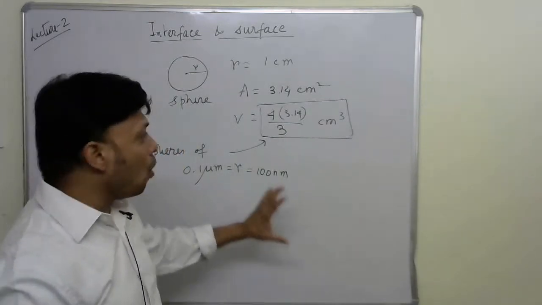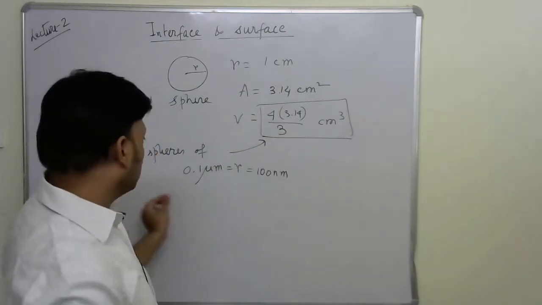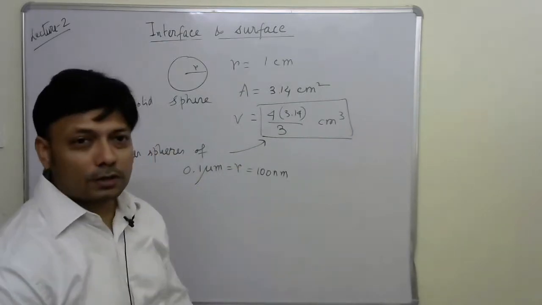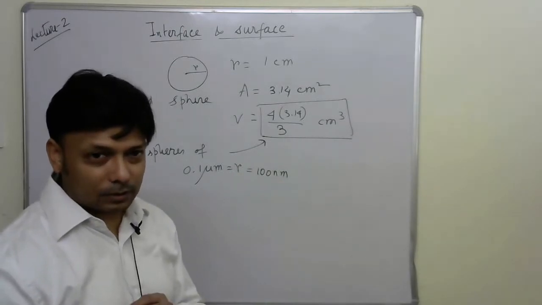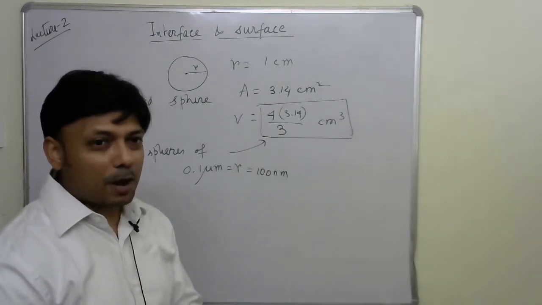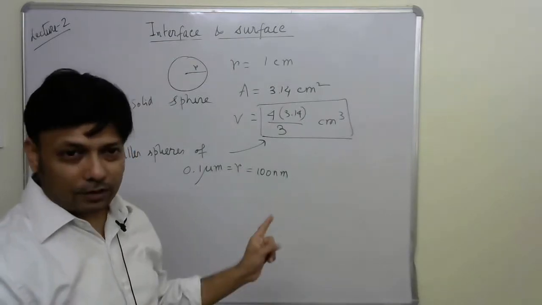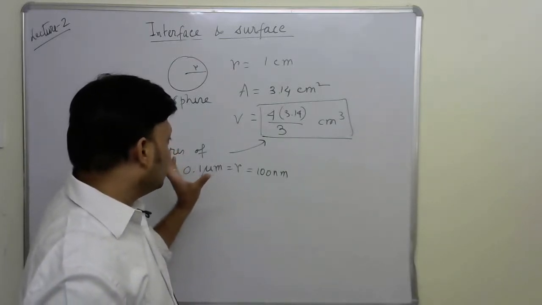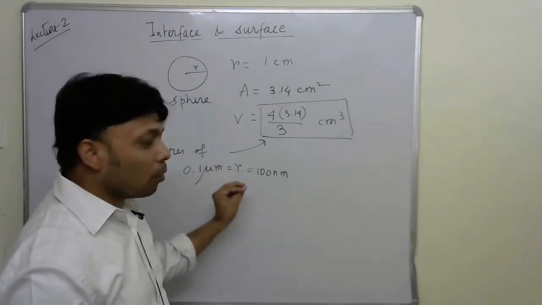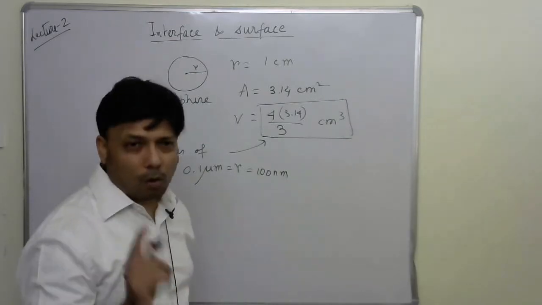So the question is, how many spheres we require to fill up this much volume with 100 nanometer smaller spheres? You can calculate, you will find a number. But if I ask you, what would be the total surface area of those many smaller spheres combined together? Now, if we do our math correctly,